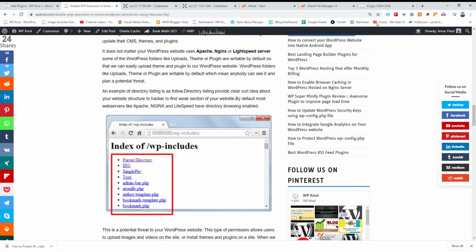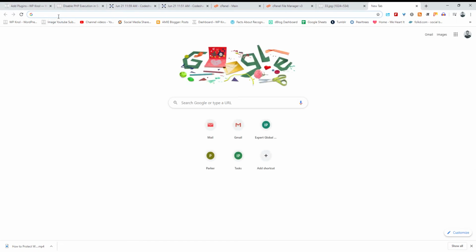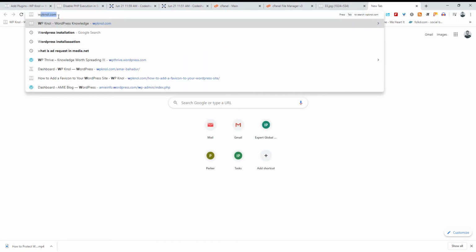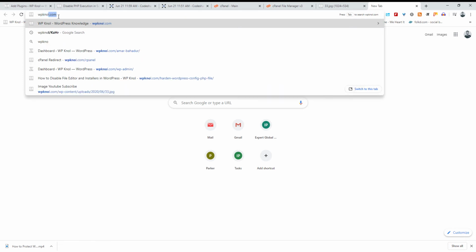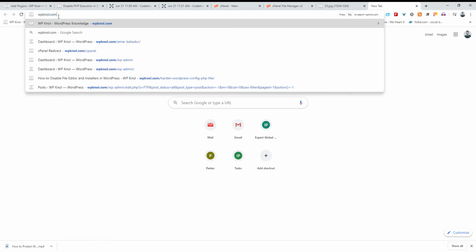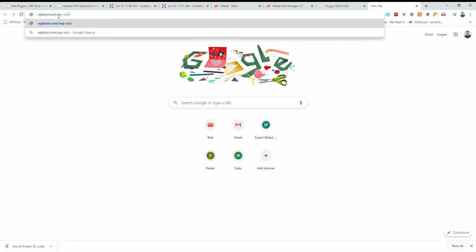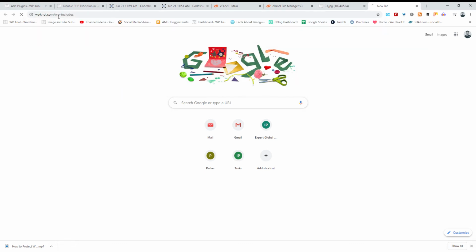To check your website, open a new browser window and type your website address, like I type my website address, /wp-includes.